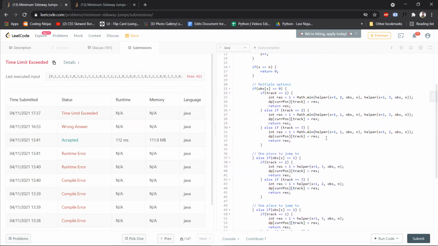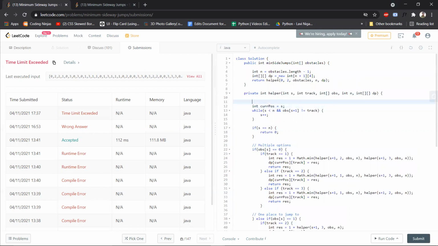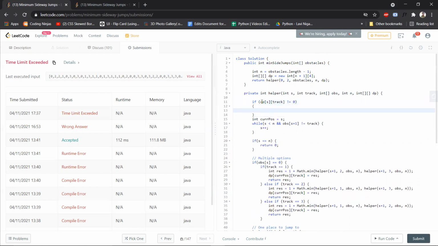Now, how will we reuse this value? That's very simple. I mentioned that the values in this DP are currently 0. So all we need to check is if DP of the current position and track is not equal to 0, which means at some point we calculated this answer, then simply return this answer.